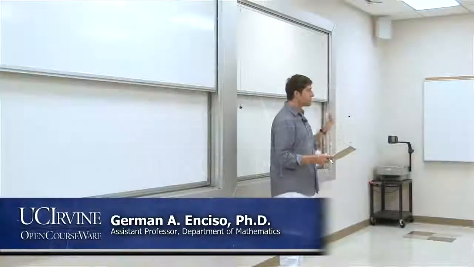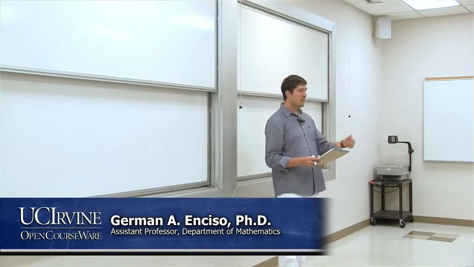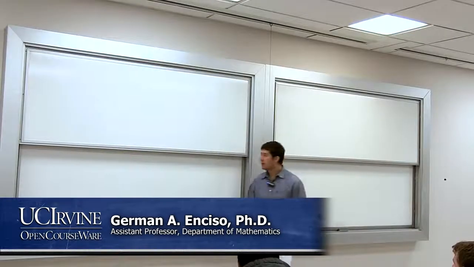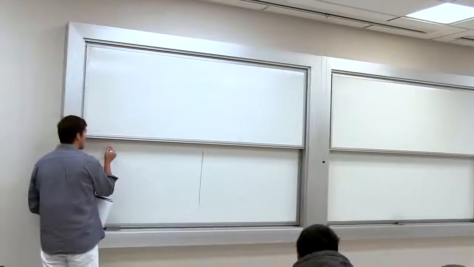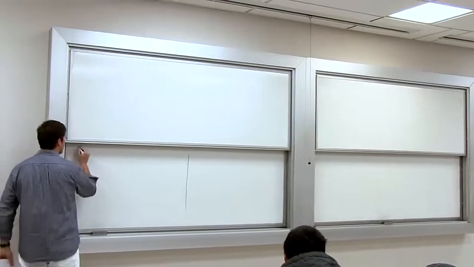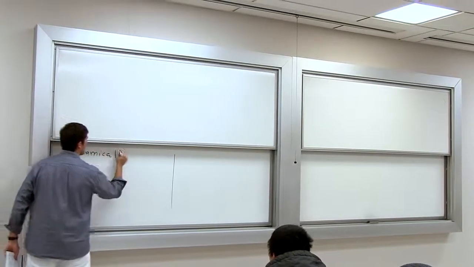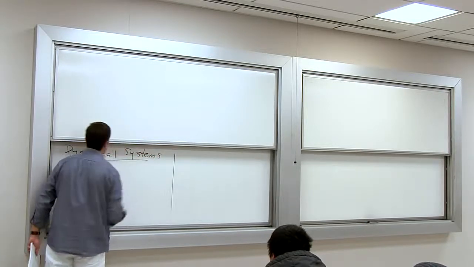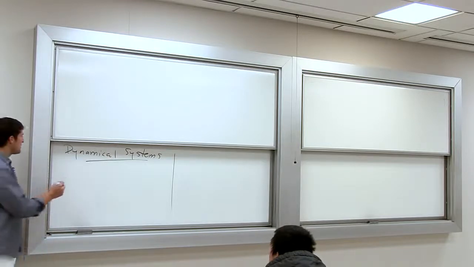We're saying this is a mathematical modeling in biology course. We're going to talk about the main ideas for modeling problems in biology using mathematical systems or mathematical tools. And the main idea is the use of dynamical systems. Okay, and the basic idea of dynamical systems is to model